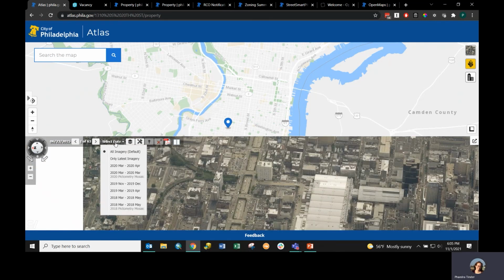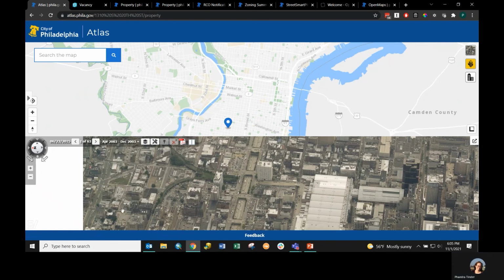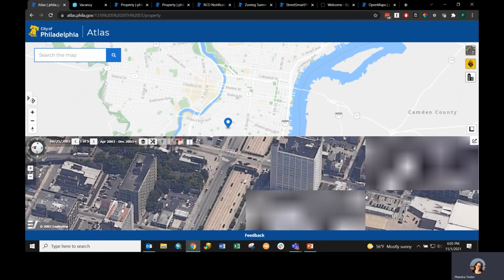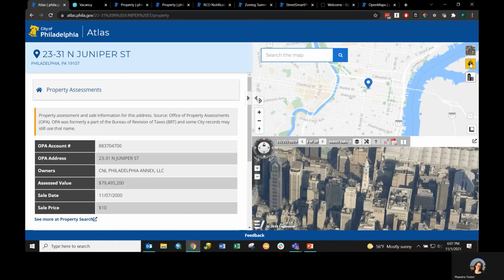And you can go back in time. This goes back to 2014, 2013, 2011, 2008, 2003. Looks like we got all the way back to 2003. If we look at 2003, I see a very different picture. We have this pictometry view, and the last one we have is this